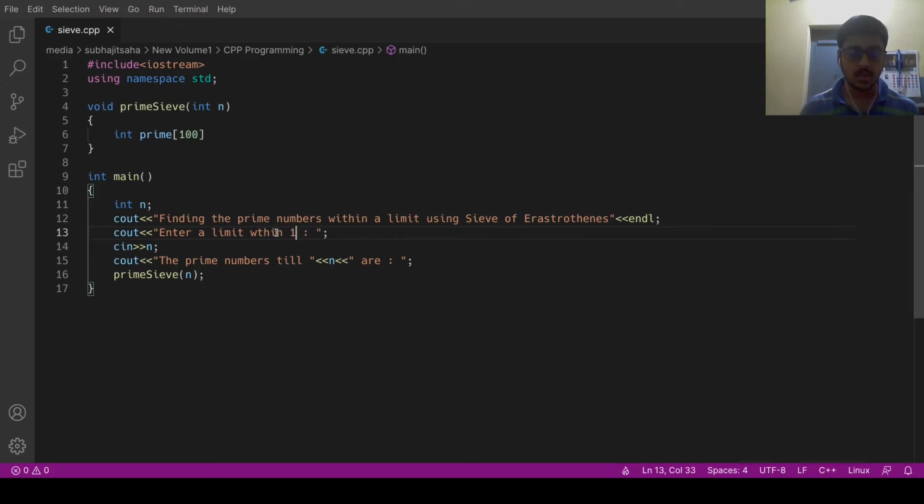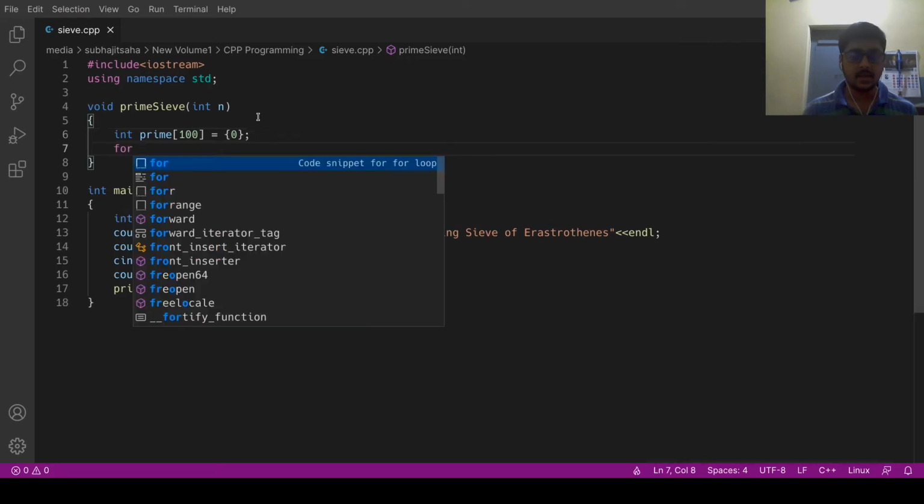It will be better for the user to enter a number within 100, and I initialize all the elements of the prime array using 0.